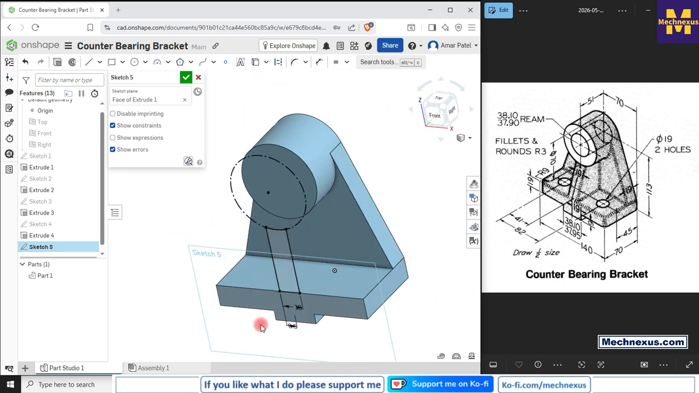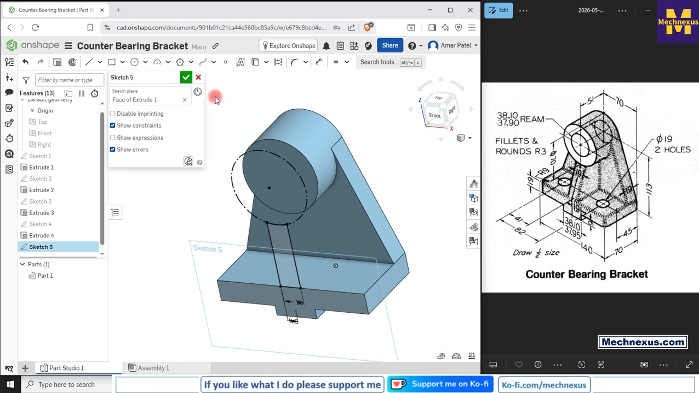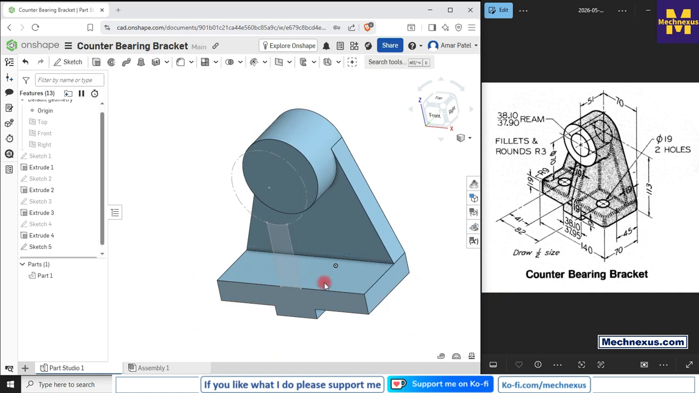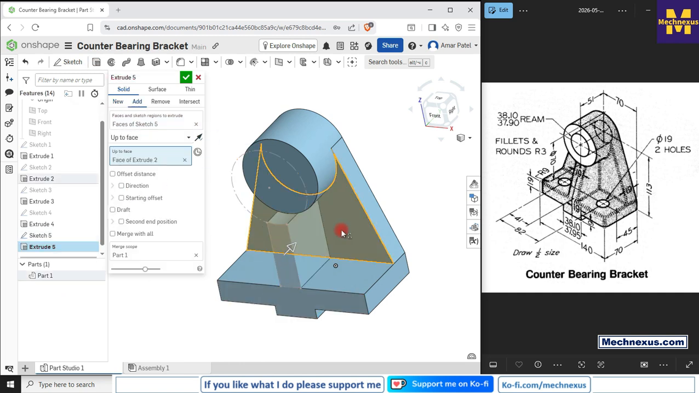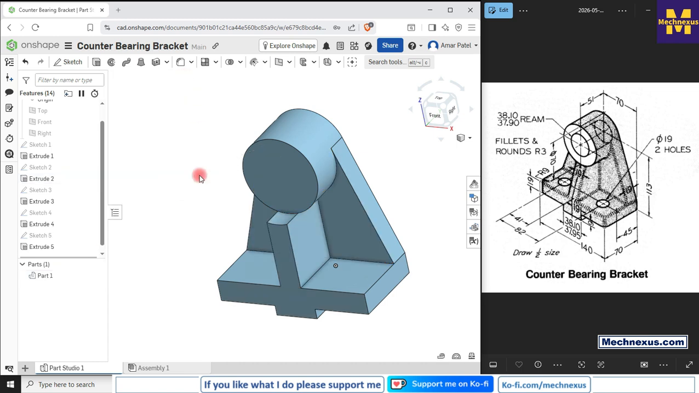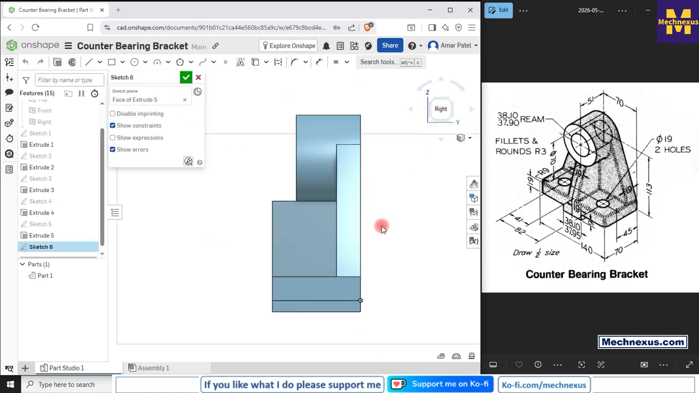So now if you rotate our sketch, our sketch is fully constrained, say OK, and now select the sketch, click on extrude, say reverse and say up to face and select this face, say OK. Now we will remove the material, so select this face and click on the sketch, move to the right view,